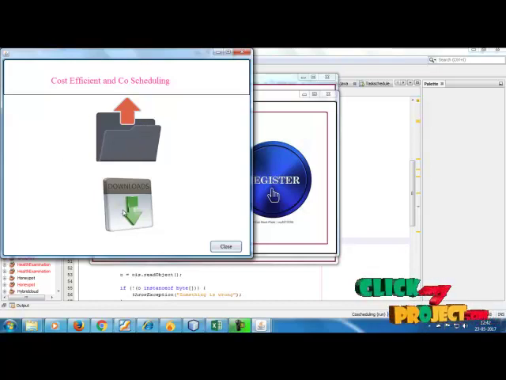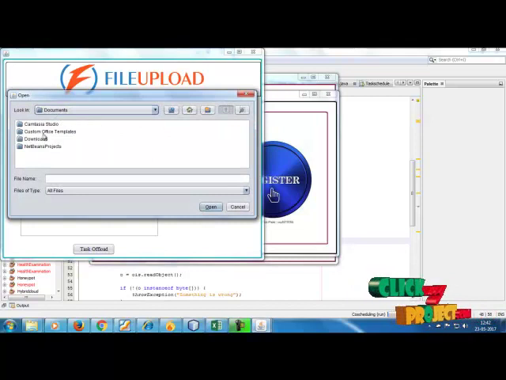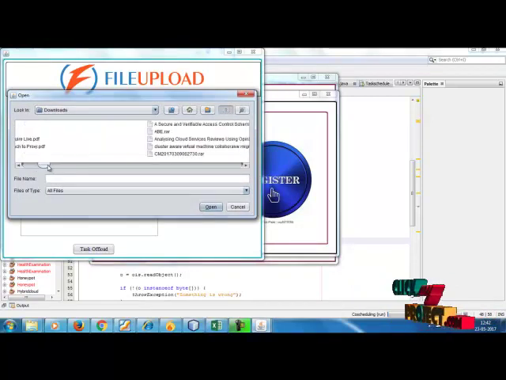So first one is the upload, so next one is the download process. So click to the upload. So this is the file uploading process. So here the user is selecting some particular files, so choosing the downloads,